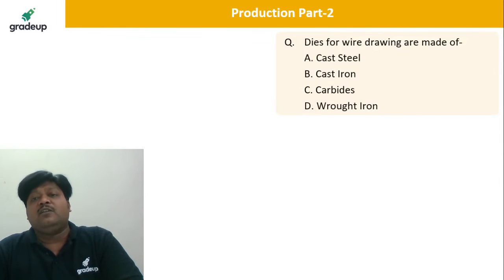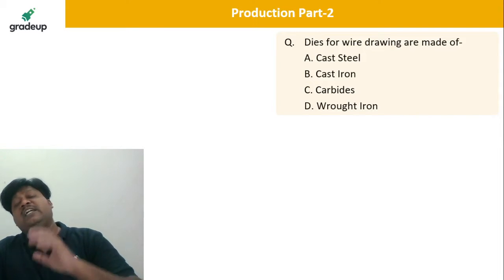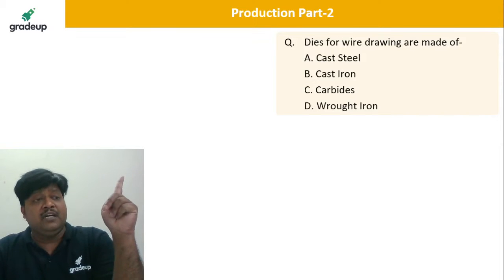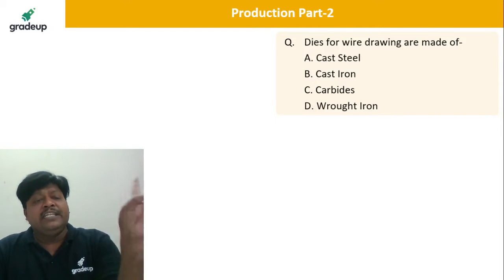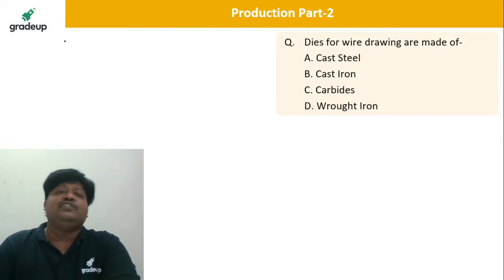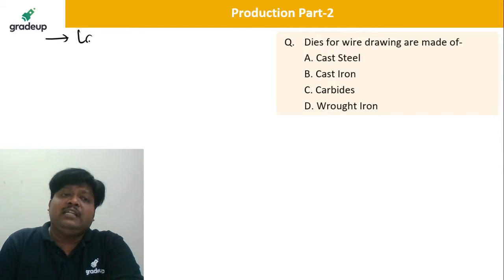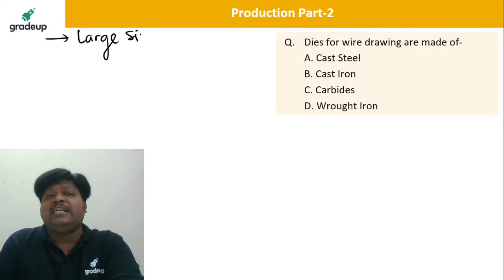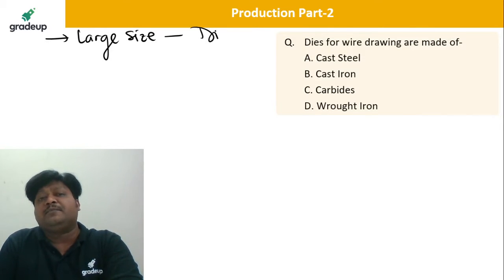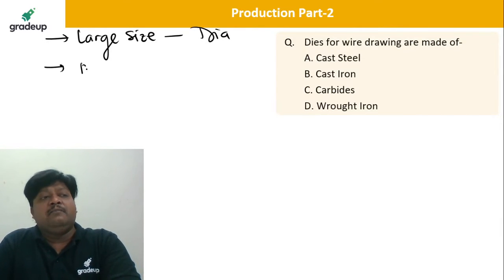Dies for wire drawing are made up of. So dear students, the dies used in the wire drawing operation are of three types. Please remember, in wire drawing, there are three types of dies that we use, generally for production of large size wire. Large size means what? In the case of diameter. When you have medium size,